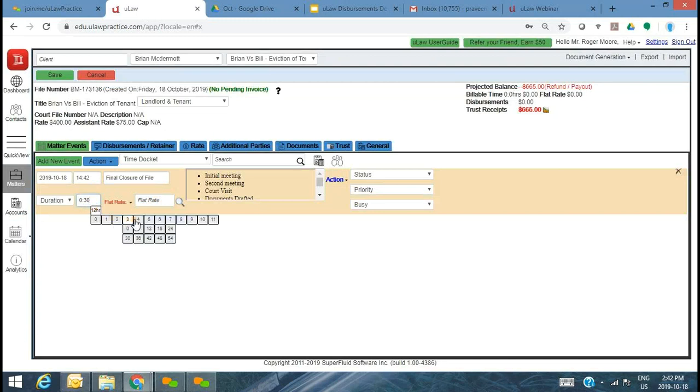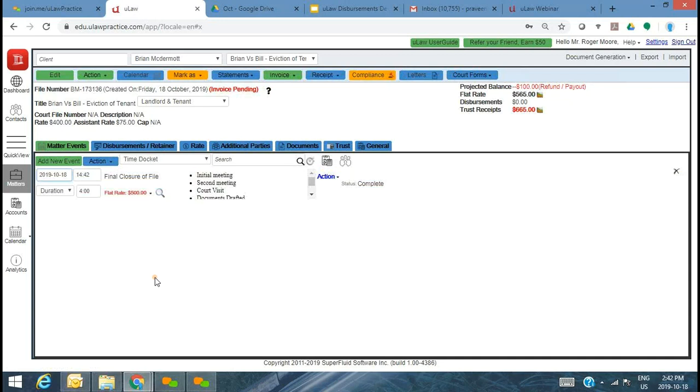You could say as a total that you spent 4 hours on it, and a flat fee of $500 before tax. Let's assume that's the docket, right? And because this is a landlord and tenant board matter, I'm also going to give you that first use case or the assumption that we're going to include the disbursement as and when it happens.